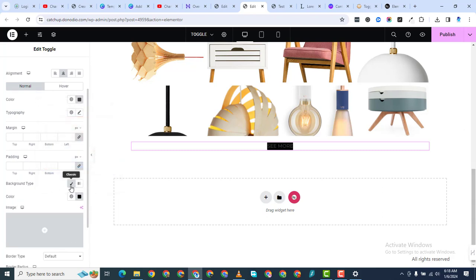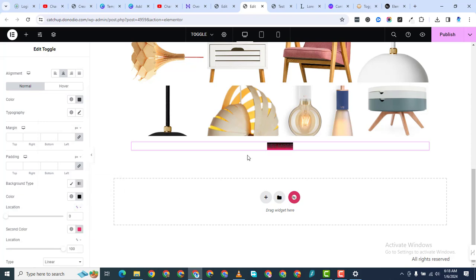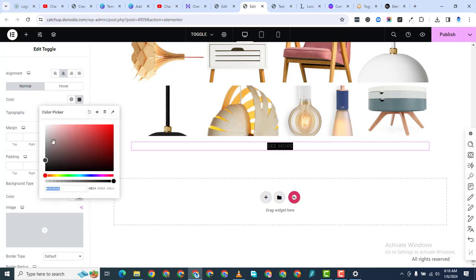You can make it a gradient if you like. You have 2 colors. I can make it gradient, and then you can change the location of the gradient and all that. But for simplicity, let's make this black, and then the color should be white,